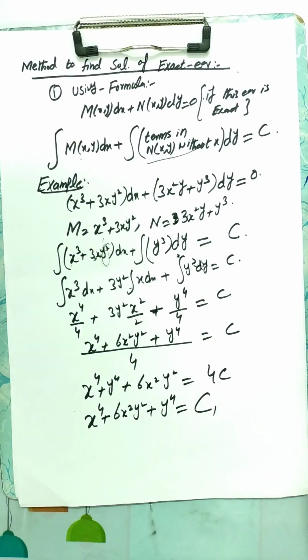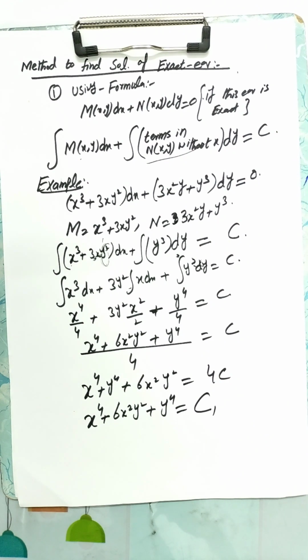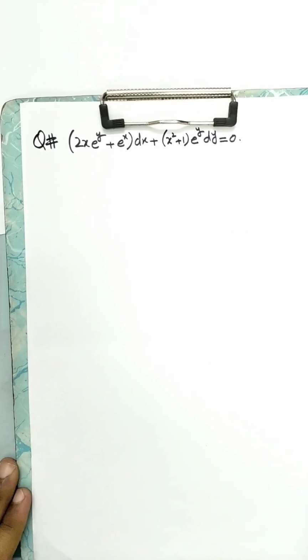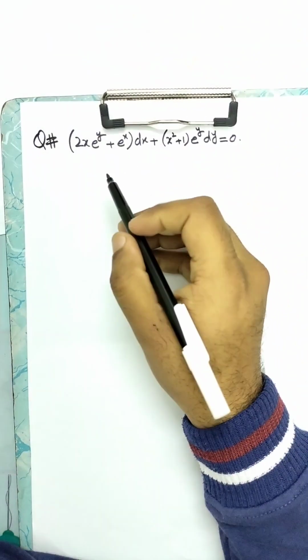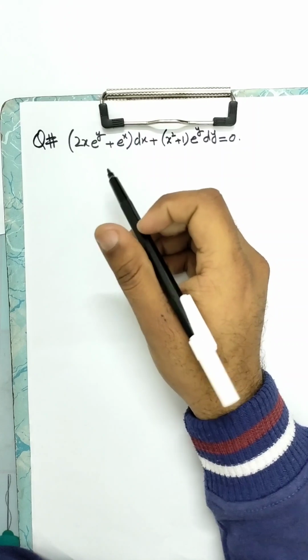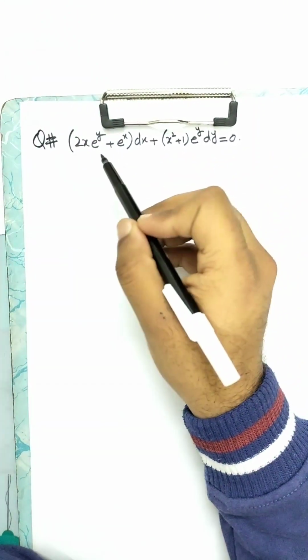So we take another example and check whether the given differential equation is exact or not. First we apply the test, and then we find its solution if the given equation is exact. So I take another example. This is another question. So we check whether this equation is